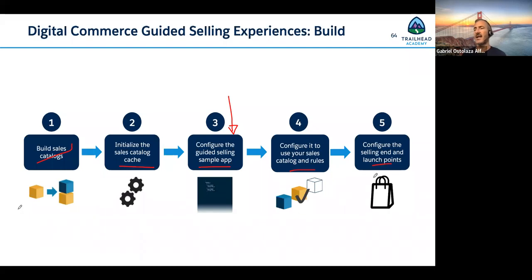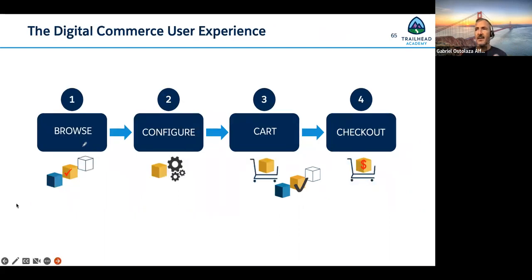Selling end normally is a navigate action if you use an Omniscript, and then launching point is normally a velocity action or Omnistudio action that will launch this Omniscript from a record page. So inside the proper Omniscript, you have different sections, like the browse section, just looking at your catalog. Configure, once you have added one product to the cart, you can change the attributes. Then